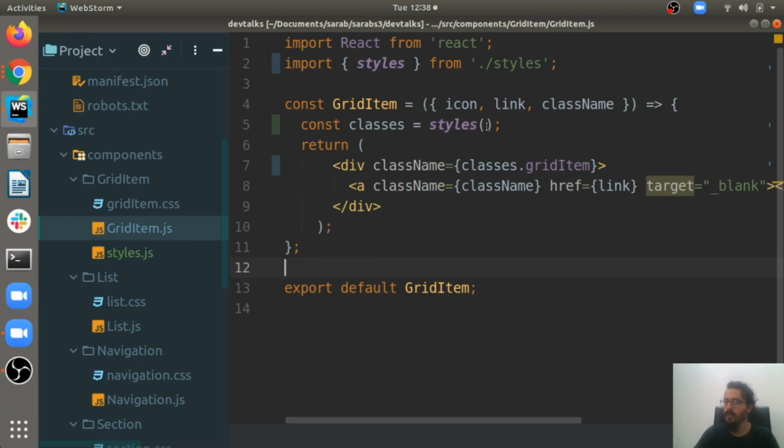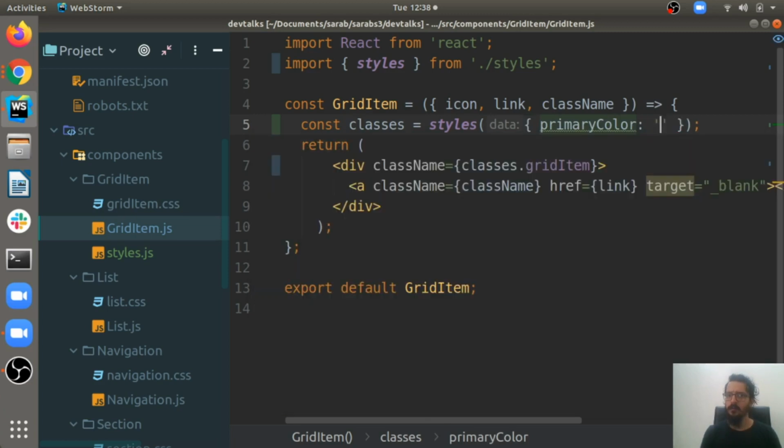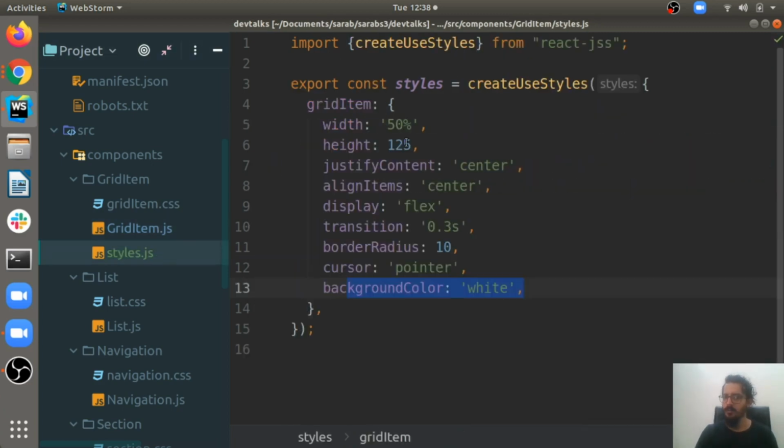So here, let's say I will pass an object which says primary color, and I will make it red just to see how it works.